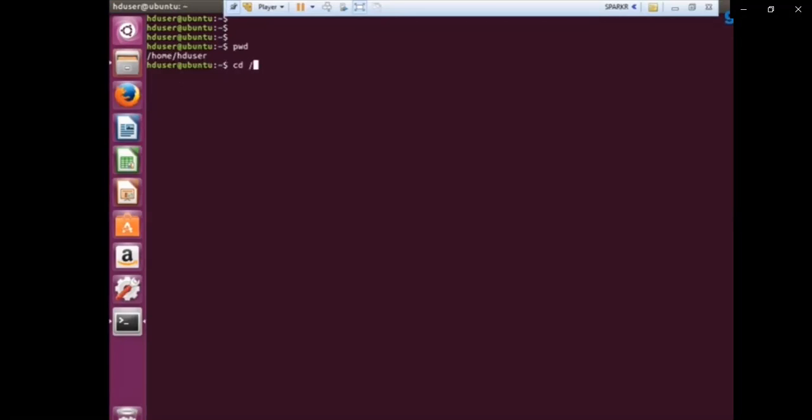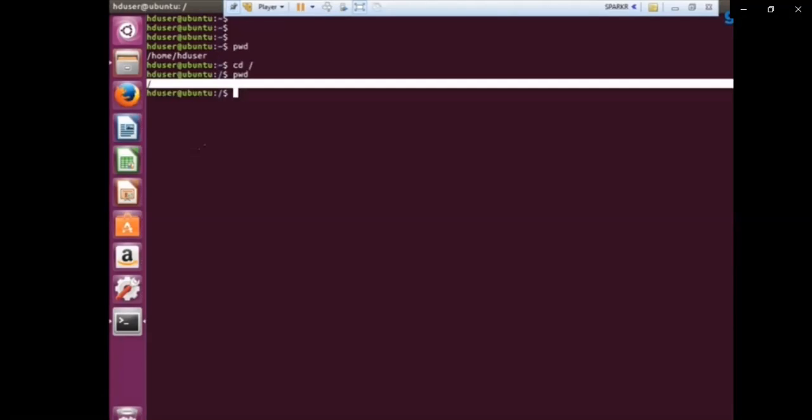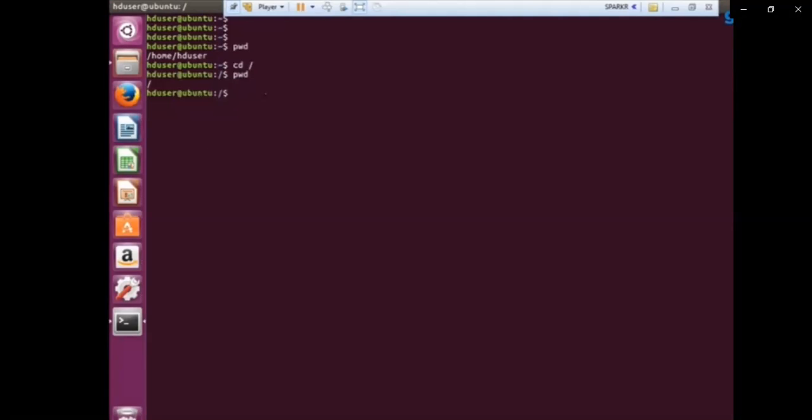Now if you want to get back to the root directory, the command is cd forward slash. Now you can see the prompt has changed to forward slash. To see the contents under the root directory, we can type another command. Firstly, let's check pwd, that is, which directory we are working in. Now we'll display the contents of the directory. The command is ls, that is, listing the contents of the current directory.